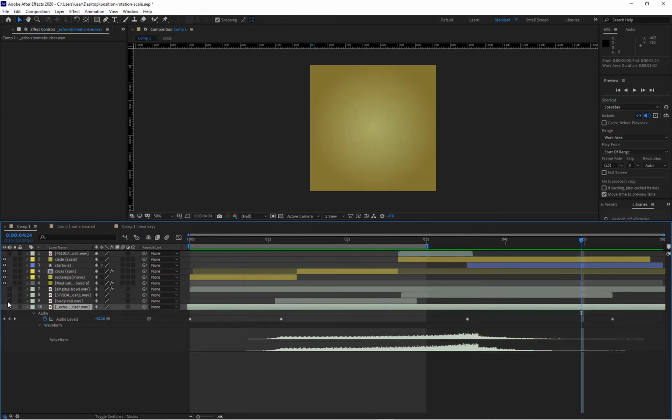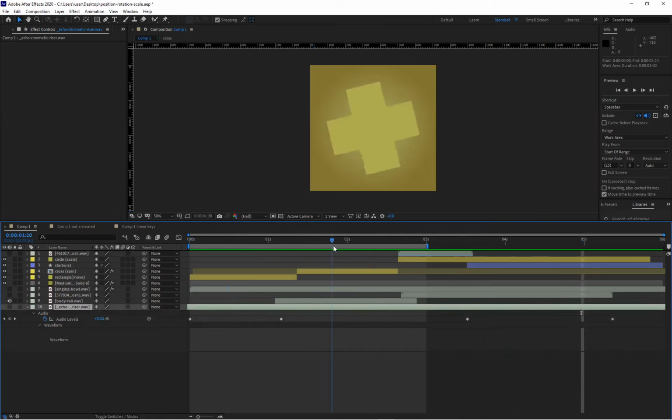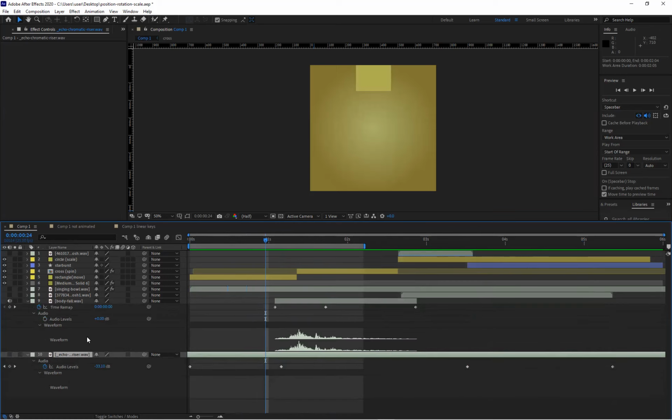Then the next one, if I hide that one and turn on body fall, this is a nice one for the moment at which the rectangle hits the ground here like this. So body fall there, if I open it out, you can see we've got a waveform. Again, I've done a little bit of audio levels, and there's a little bit of a time remap which I'll leave out for the moment from this tutorial because it's another issue. But it gives this nice sense of just reaffirming the impact and helping us perceive the